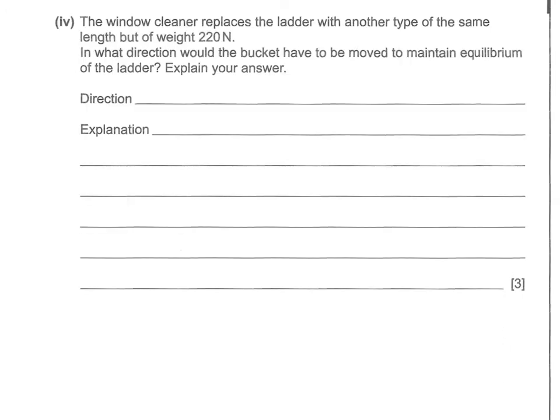The window cleaner replaces the ladder with another type of the same length, but weight 220 newtons. In what direction would the bucket have to be moved to maintain equilibrium? Okay, so